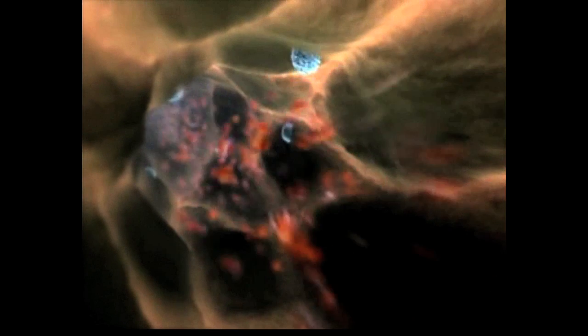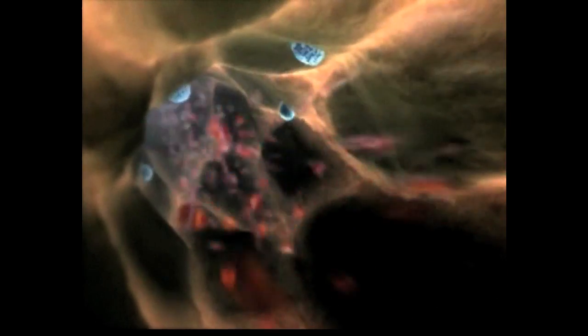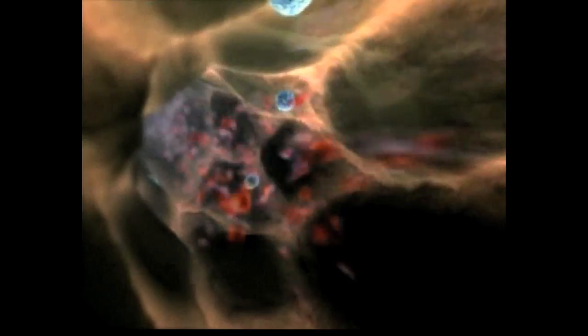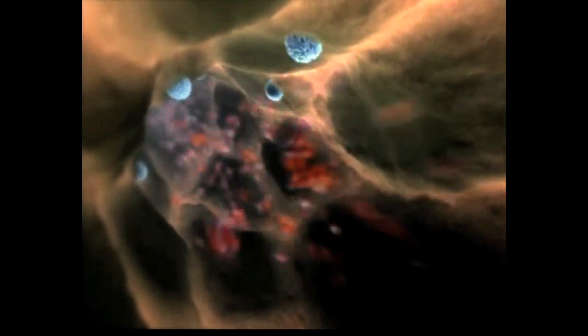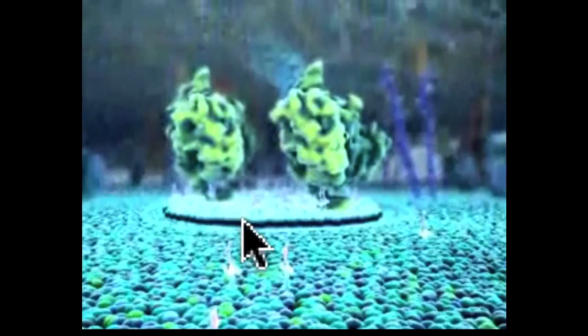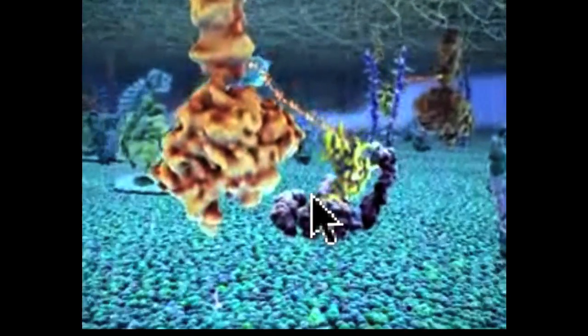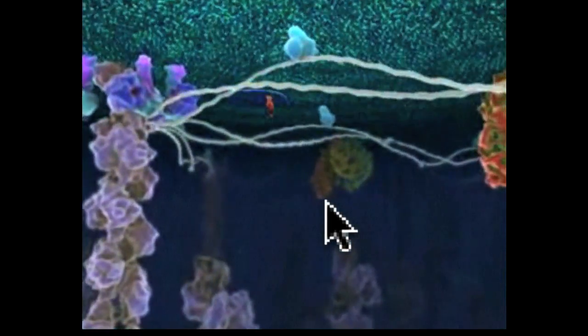And we're going to start off with a view of a small capillary containing blood cells flowing, and these are neutrophil cells rolling along the endothelium of the vascular capillary. This is a view of the membrane of the cell, and these are lipid rafts floating on the surface. These are interacting molecules here on the cell surface, and